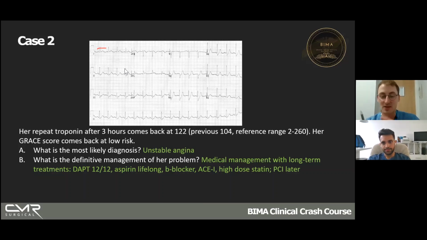So in that case, you can safely say that she is having a cardiac event, but it's not an NSTEMI because the troponin isn't significantly raised. If she wasn't having any chest pain, wasn't having any ECG changes, then yeah, it would definitely be due to other causes. And also, I guess, in unstable angina the troponin is still raised because of the other causes. It's the lack of troponin rise that means it's unstable angina, if that makes sense.